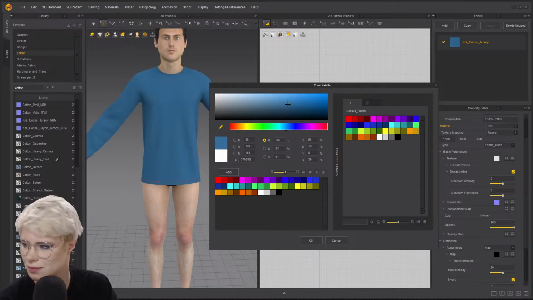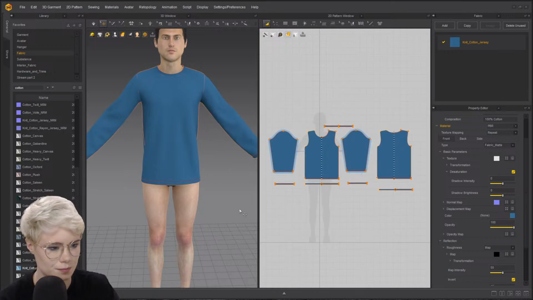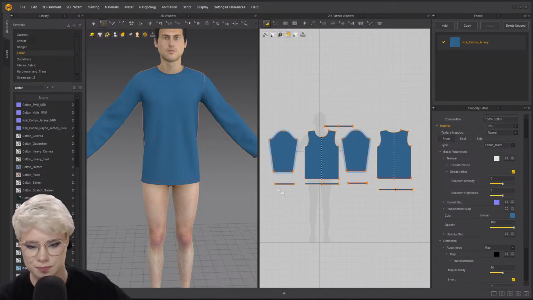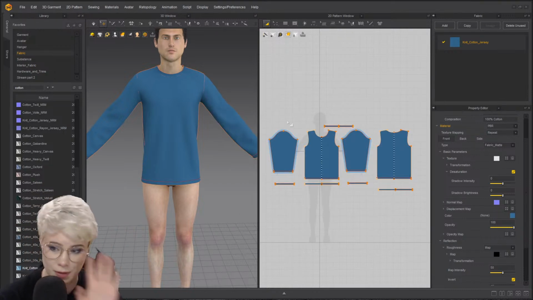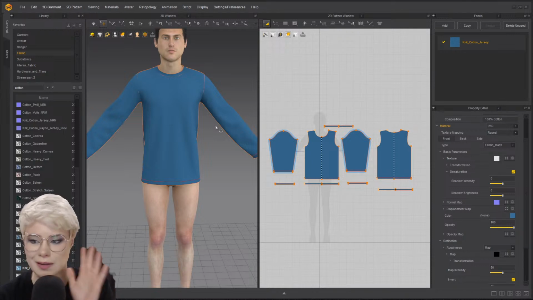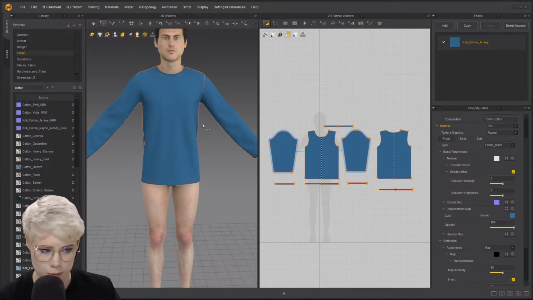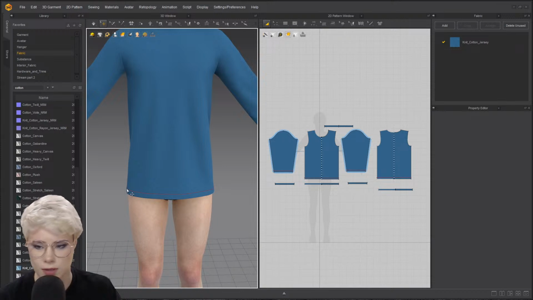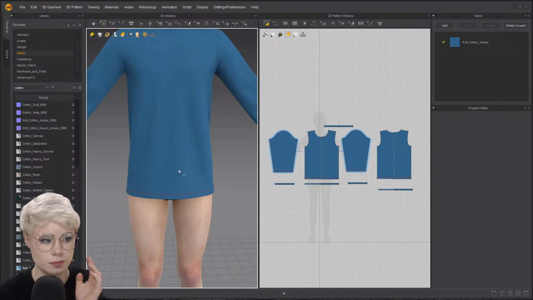All right, I've got my blue. Now I'm done with my fabric. So let's go ahead. I hope you have all picked a color, and he has some sort of knit cotton as his shirt material. So now that we've done that, we're going to finish this shirt off with applying some